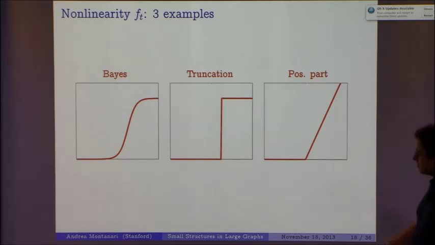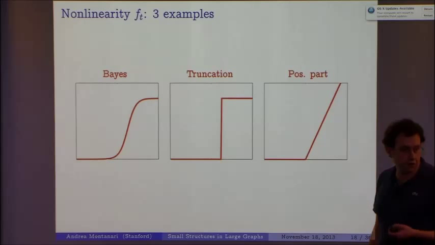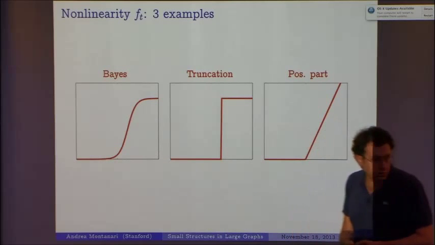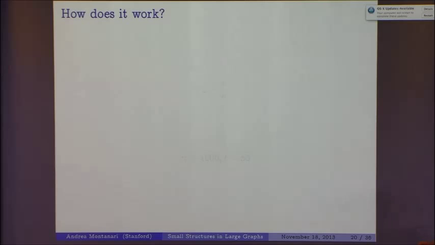So this is one example. In fact, I will look at these three examples. For instance, one possible idea could be, I want to look for an eigenvector that is non-negative. So at each iteration, I multiply by A, and instead, unlike in the normal power method, I set to 0 all the entries that are negative. Another idea could be, I want to look for a sparse eigenvector. So I multiply by A, and then I keep only those entries that are above a certain threshold. Or you could decide that you want to use some soft rule. Okay, this I'll skip. So this is something that is present in some form in the literature, for instance,